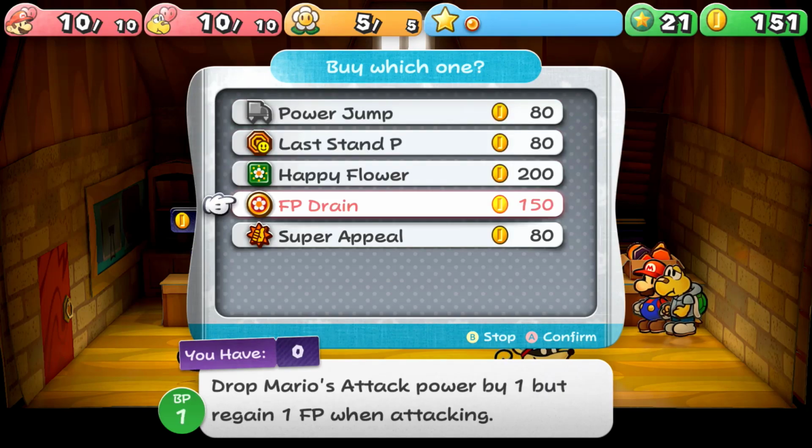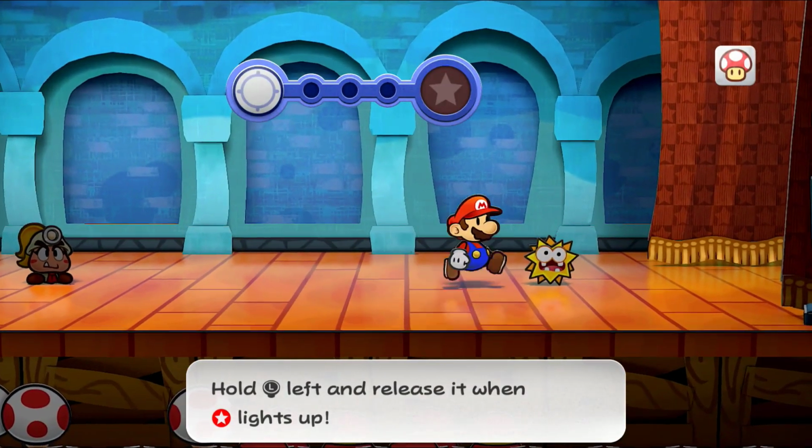I considered buying Power Jump to make my jumps do 3 damage for 2 FP, but I don't have a lot of gold right now, and I didn't want to softlock myself from buying a different badge from the lovely house of badges that I might need later, so I got the golden fuzzy down to 8 health